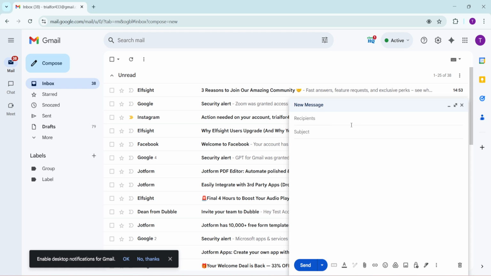Now that you've got your new message window open, it's time to add your recipients. In the To field, you'll type the email addresses of your primary recipients, separating each address with a comma. These are the folks who are the main target of your communication, whether it's colleagues, friends, or family. Remember, the To field is for those who need to act based on the email's content or who are directly